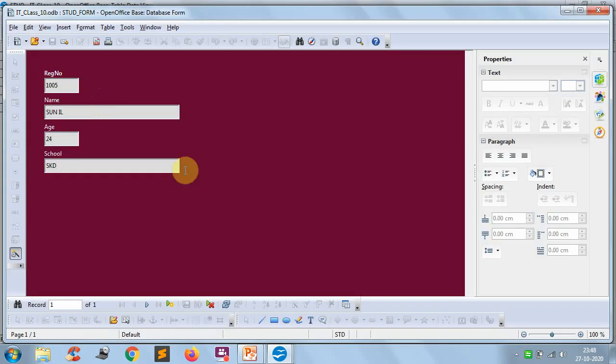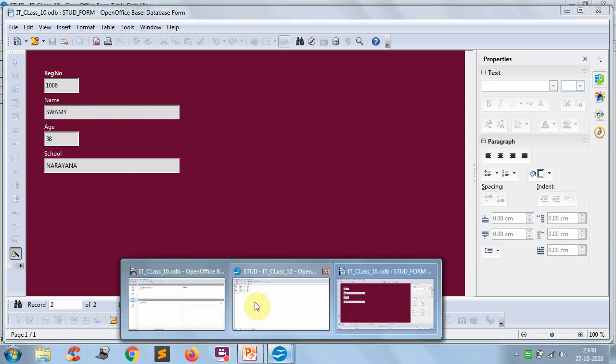Now I want to add another student record. So here just click on this one, new record. Now again it asks you to enter the new student data, and here I am entering another student's details, Swami, and age is 38, and he is from Narayana. And here just click on the save record. So here registration number will be automatically generated, and now this data will be directly inserted into your table.